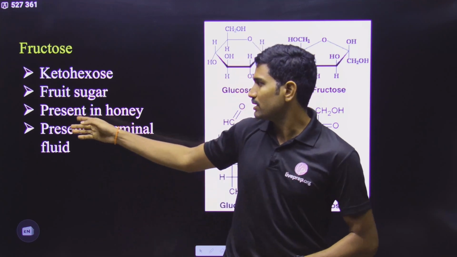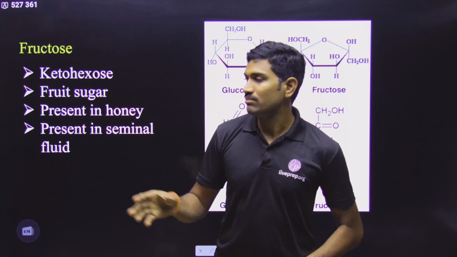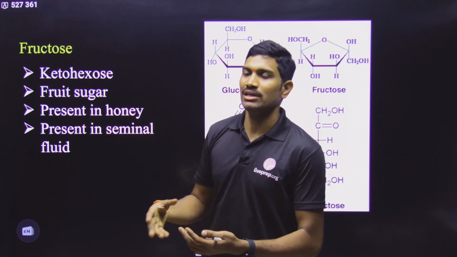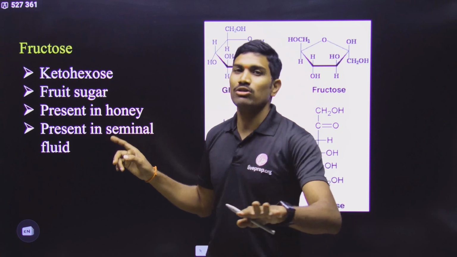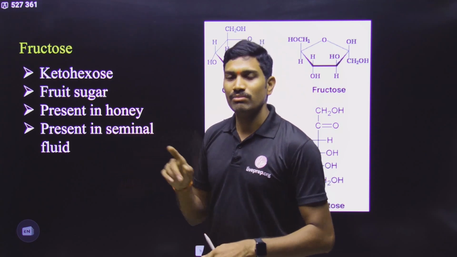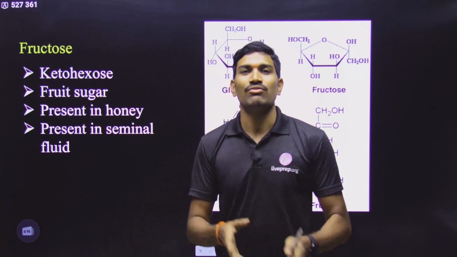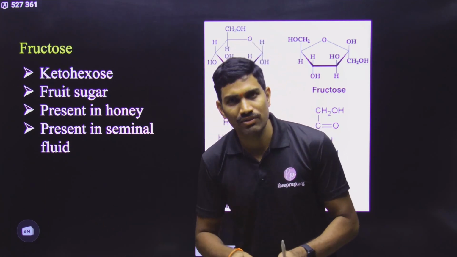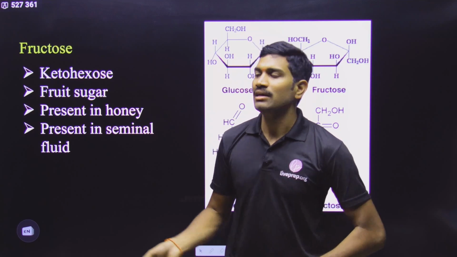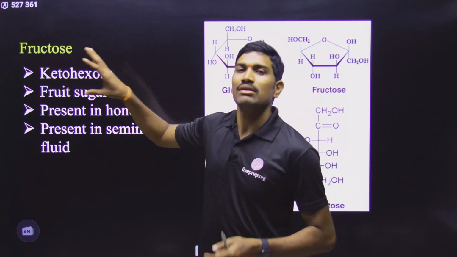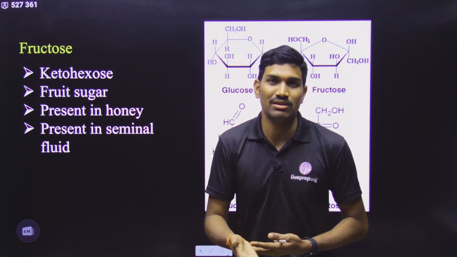So please observe carefully. Next one, this fructose is rich, means more quantity, in the major quantity it is observed, seen in honey also. Here also there is a mistake. So many faculties, they are preparing a question that honey contains fructose only. That is wrong. Not just fructose, glucose, sucrose, there also many other components are there. But here fructose, major source of the fructose is honey. In that sense they are saying this particular sentence.